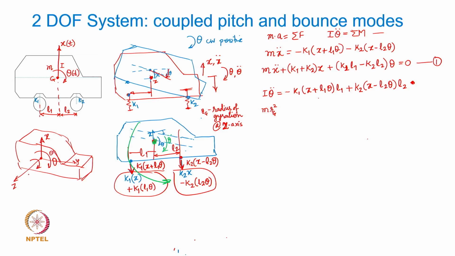Okay, theta is about the z axis. So about the z axis, the radius of gyration is Rg, and so I is being replaced by m Rg square